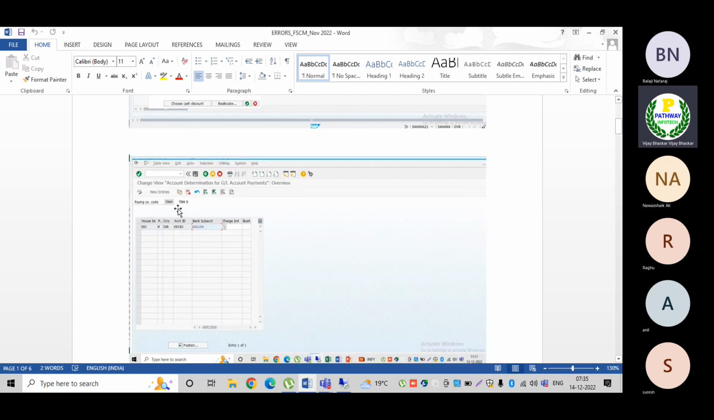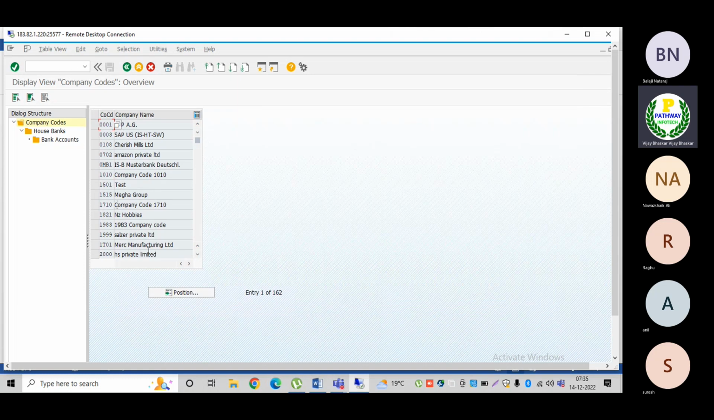Also, in Treasury and Risk Management, for the paying company code in the configuration, account determination for the GL account payments also. This was the GL account. For bank guarantee, this was the GL account I had mapped. But whatever the GL account I have created,